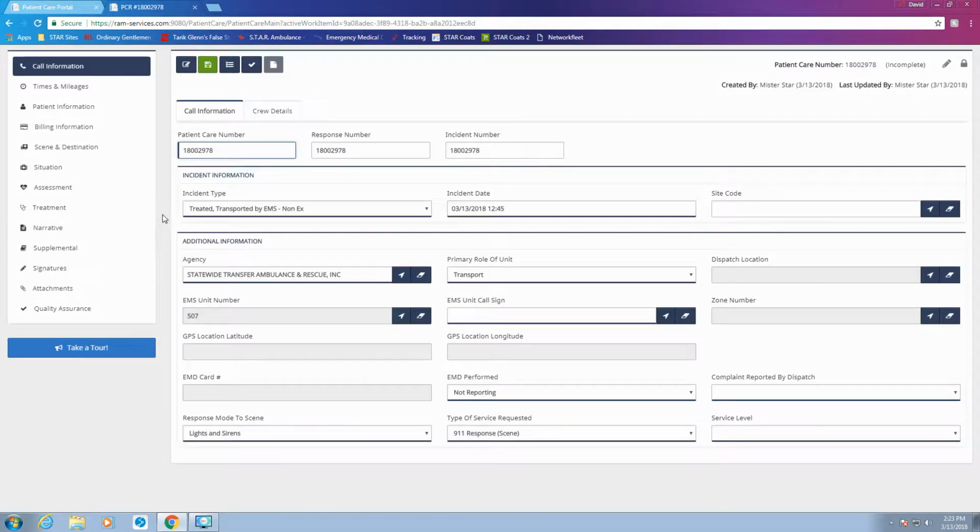Now it's going to bring up this call. You'll see a lot of things are already filled in, and this is nice because it syncs up with our dispatch. So all the information that dispatch is able to gather before a run, and that would come to you in a page and some other things, is going to be already synced up and filled out here in your